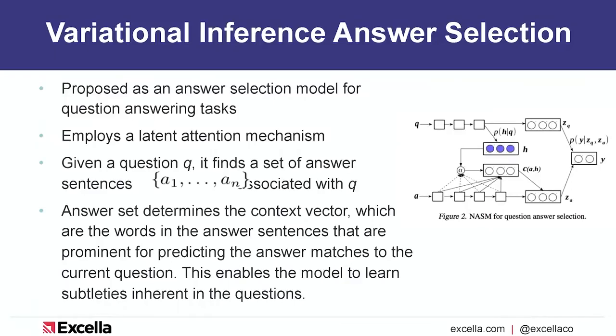Where we go from there is we have our graph, we turn the graph into mathematics, and then we send that math to a class of models called variational inference answer selection. Specifically, it was something that came out several years back called the neural answer selection model, which is really designed for question answering tasks, like an IBM Watson trying to figure out how to answer Jeopardy questions. But we found this is really applicable with GemSEC to figuring out relevant information in a customer service